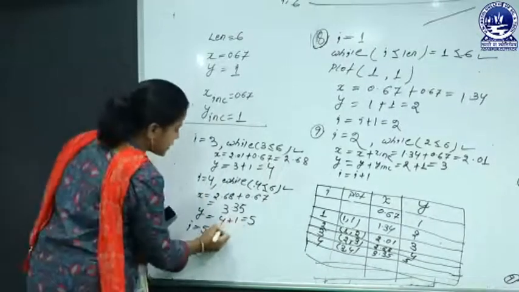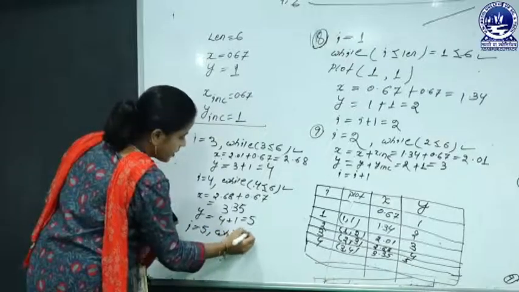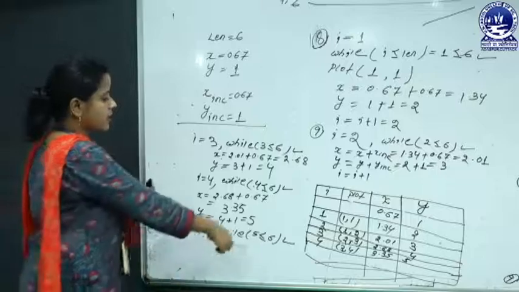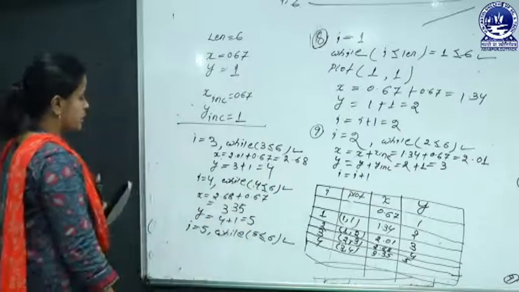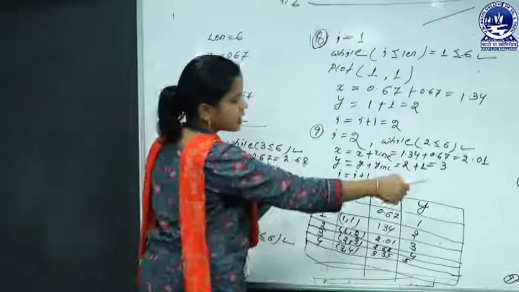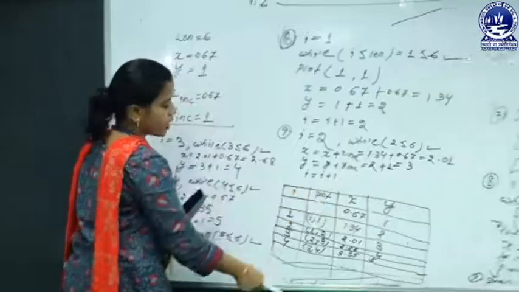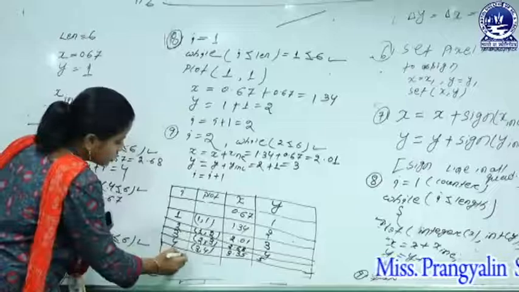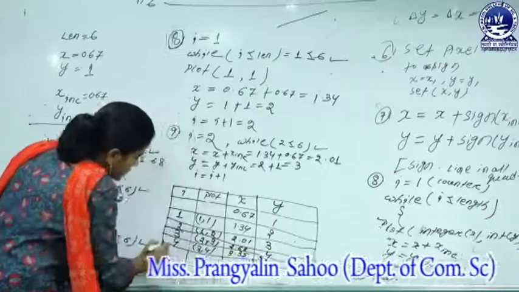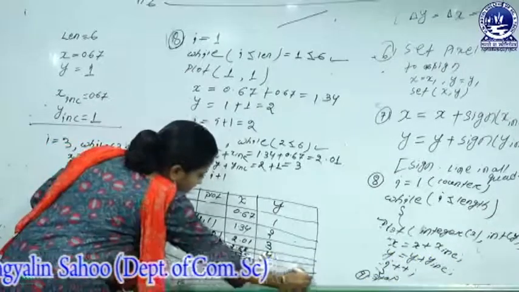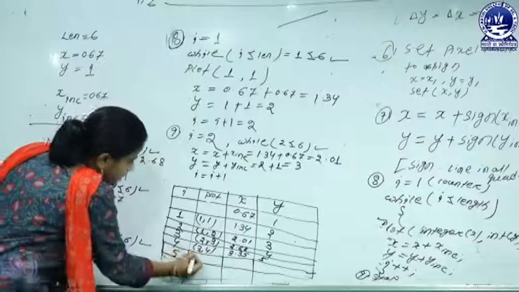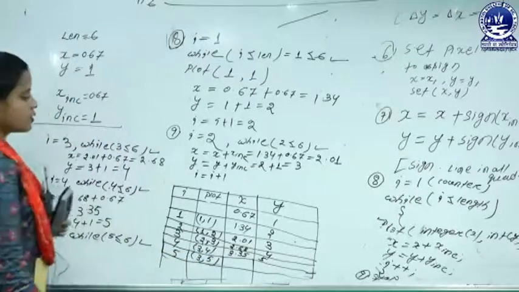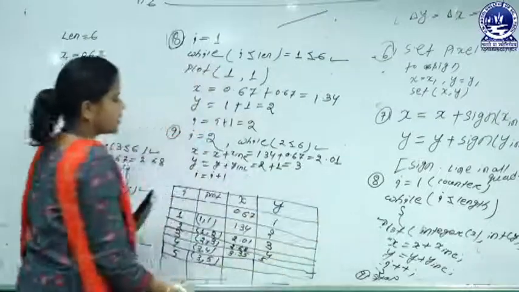Now to check the condition, while 5 is less than or equal to 6, is the condition true? If the condition is true, again the program body is executed. So now again plot the integer value of x and the integer value of y, using the previous coordinate value, to find the newest xy plotting value, that's 3 and 5. Okay, now to calculate the next new xy coordinate value.